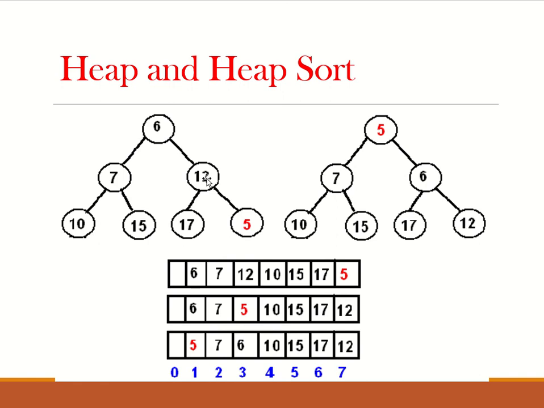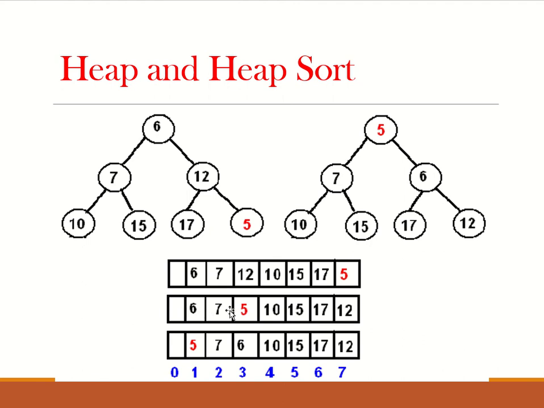The node and its parent should be considered, and the parent should have a value lesser than the node, right? So here 5 is inserted as the right child of 12, and you can see 12 has a value greater than 5, which means you have to exchange 12 and 5. So 12 and 5 are interchanged. 12 takes the position of 5 and 5 takes the position of 12, so that the